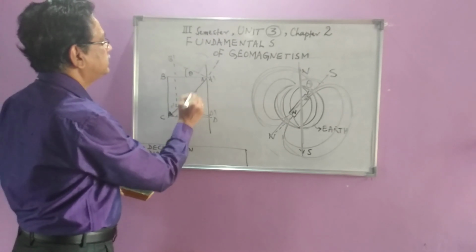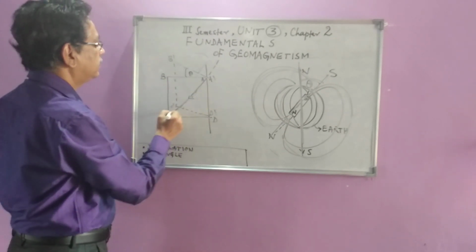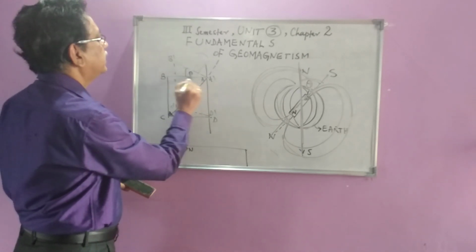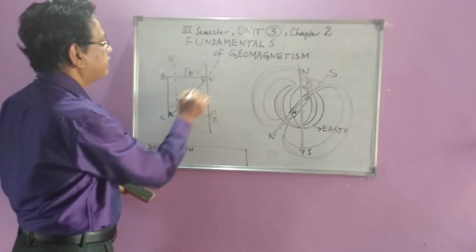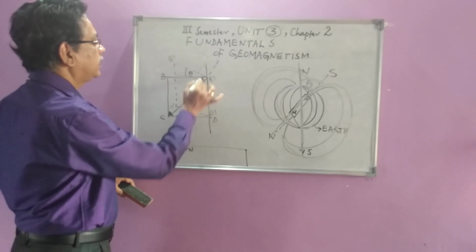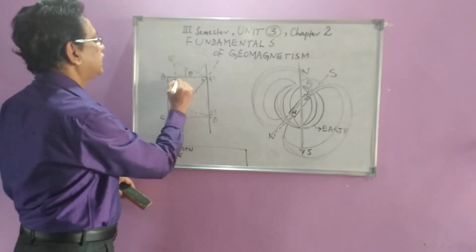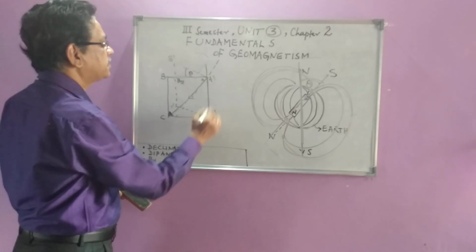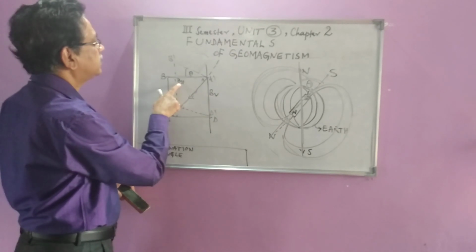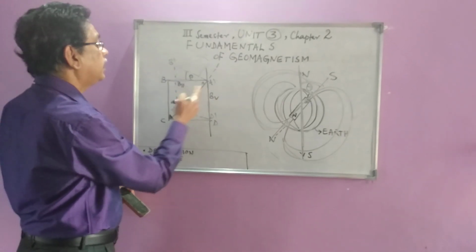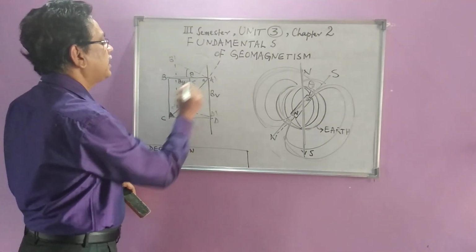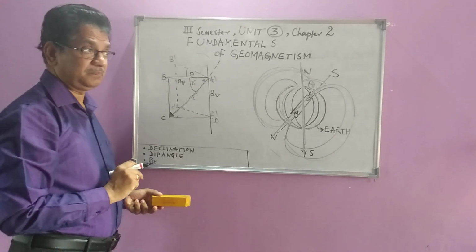Now this is the magnetic meridian line. Now, this magnetic field AB has got two components, one in this direction, another in this direction. This direction component I will call BH, and this direction component I will call BV. BV is the vertical component of the magnetic field, BH is the horizontal component of the magnetic field. Now, between the magnetic field line and BH, there is an angle here. This we call delta, the dip angle.